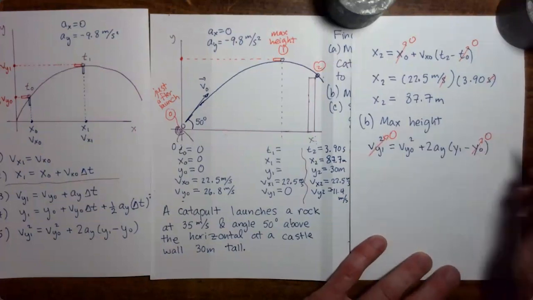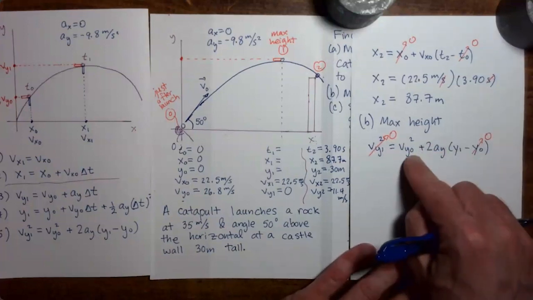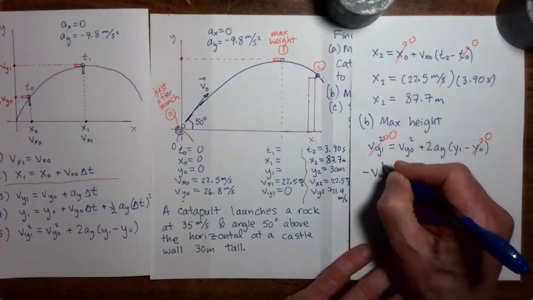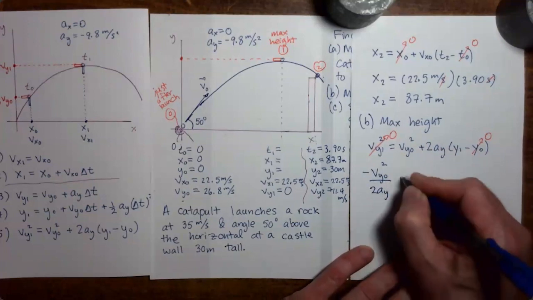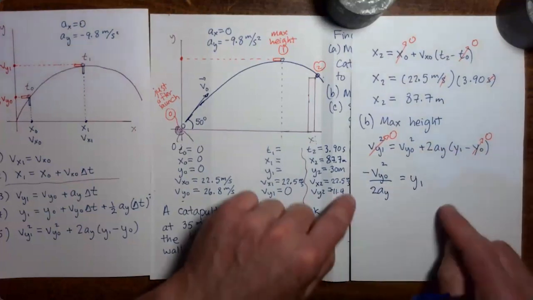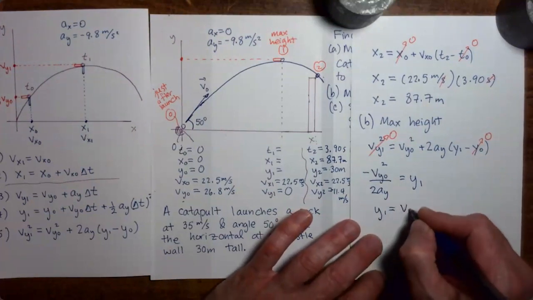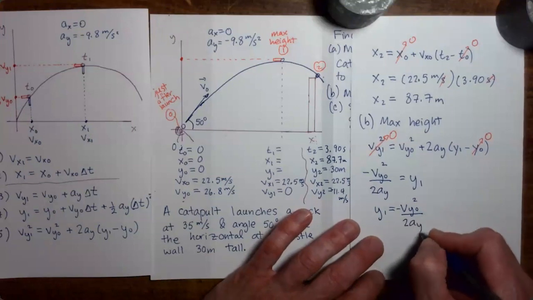Y0 is 0. So to solve for y1, take the Vy0 squared, move it to the left where it picks up a minus sign. Divide through by 2ay, and we have solved for y1. Let's flip the sides now. We get y1 equals minus Vy0 squared over 2ay,